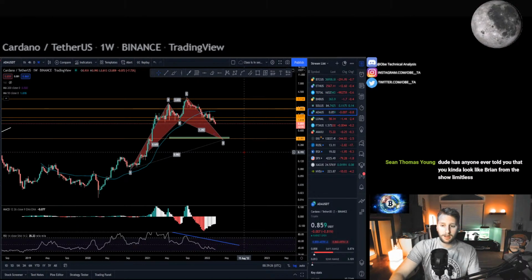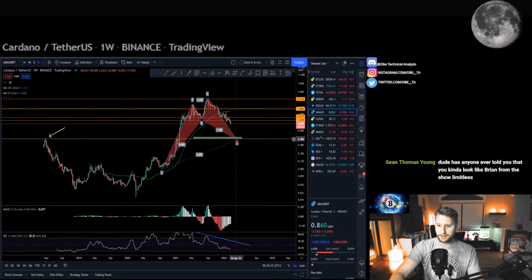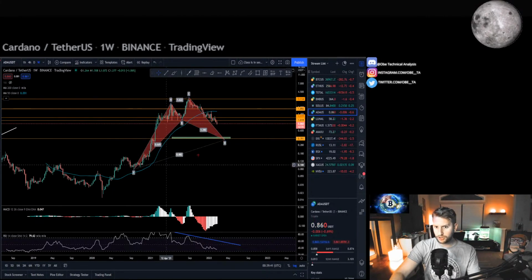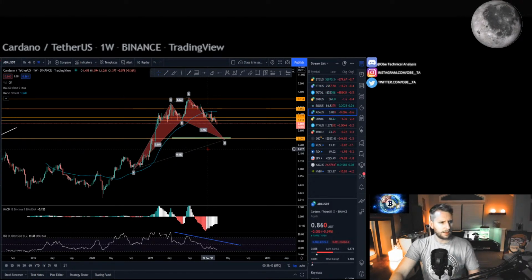All right, and even if we're just talking wave structures here, this harmonic is a pretty nice looking bullish shark that we have here. So, dude, get it down to 40 cents, get that support, and get to the pattern completion zone of this bullish harmonic. A good one, too, right? It's not even like a crab. It's a 618, 1618, 1272 to the 886. Ugh. Nice.